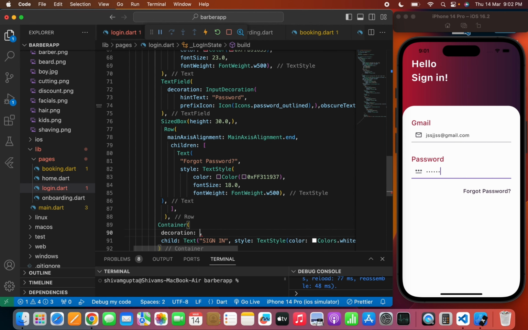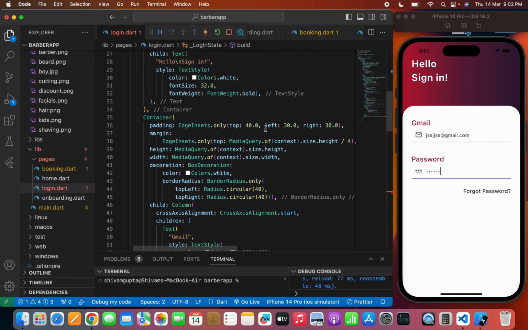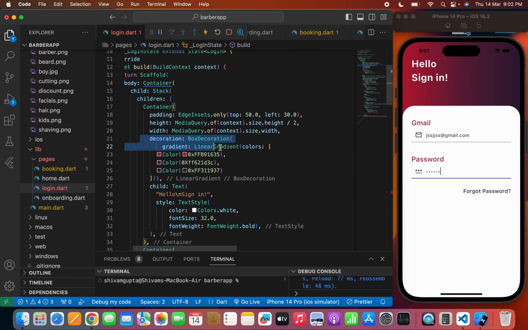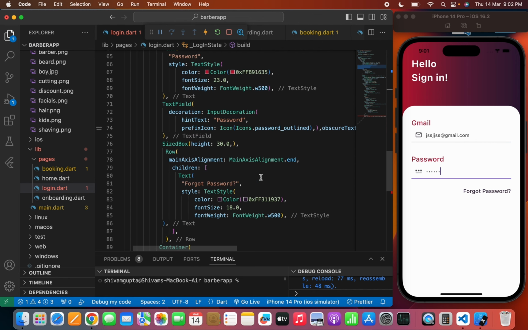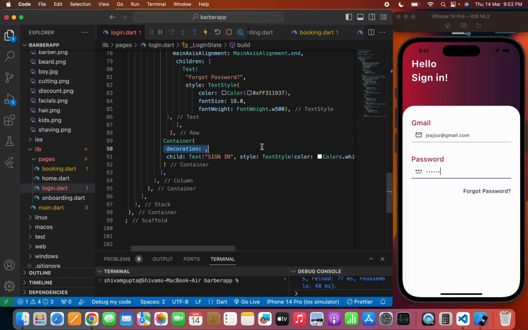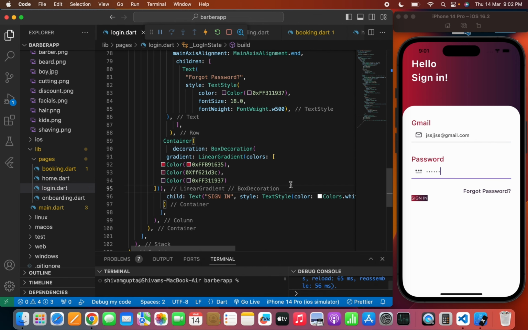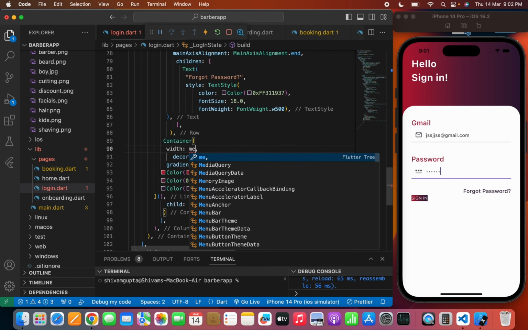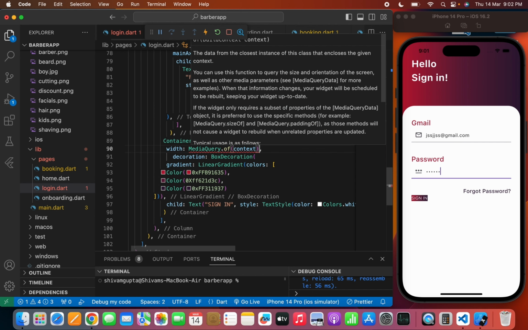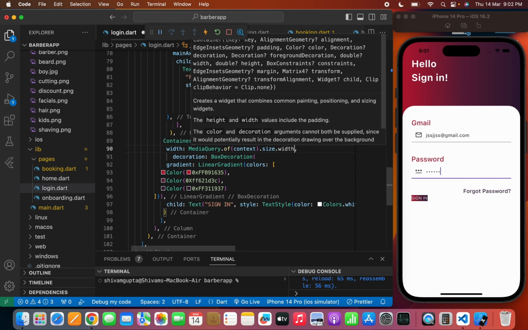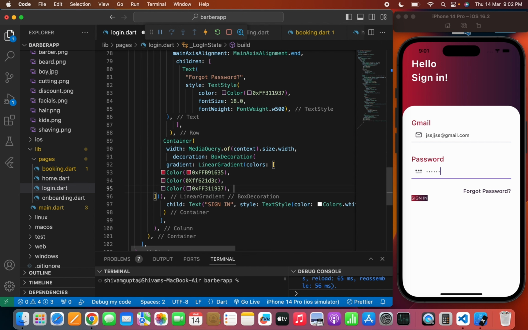Now decoration, I think we will use the same decoration that I have written, I mean the colors, and we'll paste it here. Now we'll write with MediaQuery.of(context).size.width,